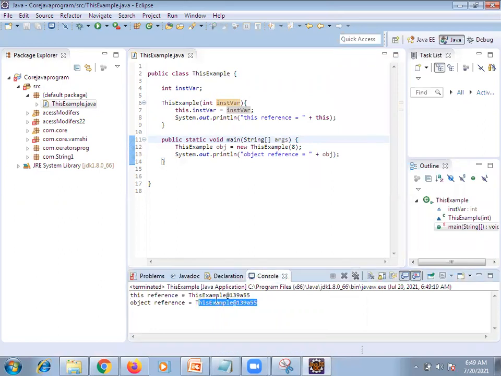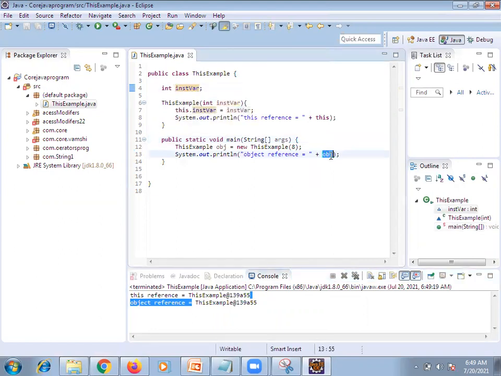Got it? This is the reference of the instance class. So what we are passing here, we are passing 8. Getting this example, internally it is calling, it is passing 8, and 8 is printing here.